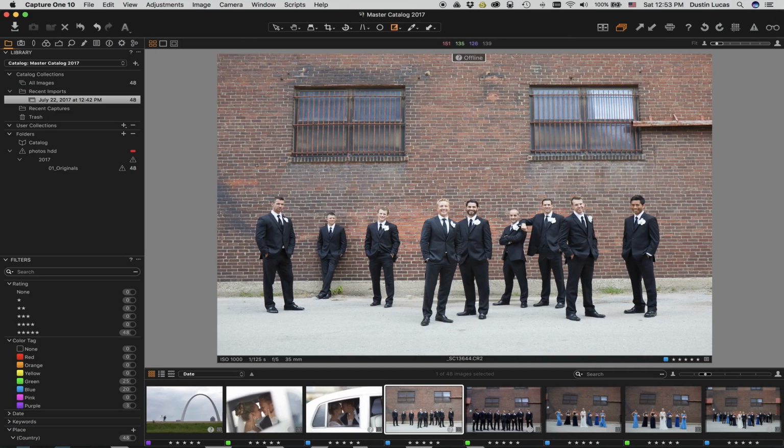Still saying offline, perfectly fine. So now we've got our film strip on the bottom. Now we need to get our toolbar on the right-hand side. So what we need to do is make sure we choose the right tools and we start bringing them to the right. So what we can do is we can go to view,